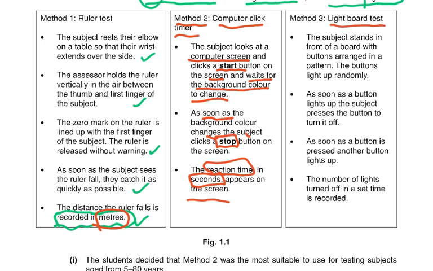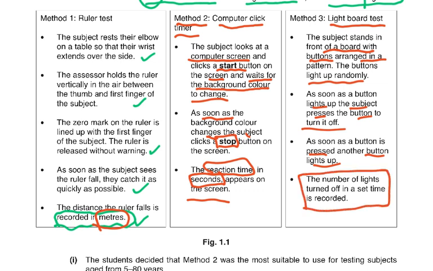Then method 3 is a light board test. The subject stands in front of a board with buttons arranged in a pattern. The buttons light up randomly. As soon as a button lights up, the subject presses the button to turn it off. As soon as a button is pressed, another button lights up. The number of lights turned off in a set time, so set time may be 1 minute or 30 seconds or 1.5 minutes, is recorded. So you need to do this question, you need to understand this on your own and read all of these carefully. And just like I'm mentioning this, you have to imagine that you're actually doing these things